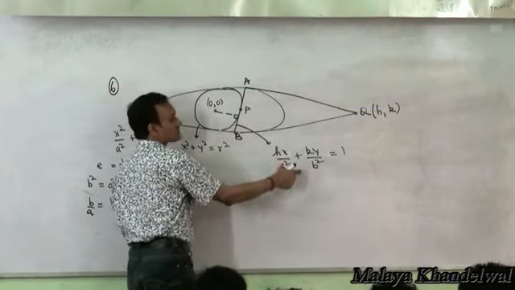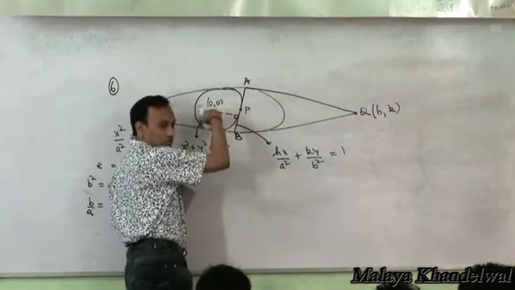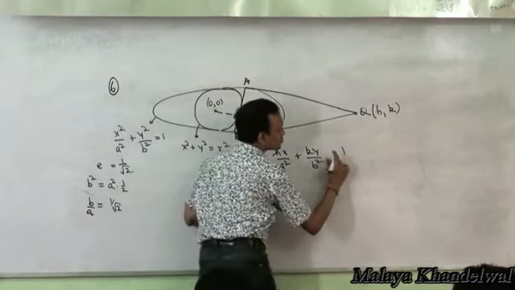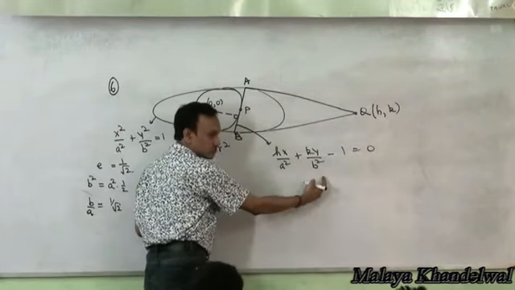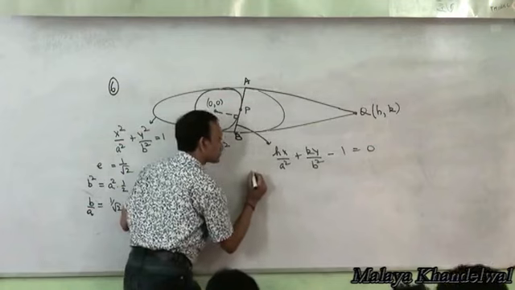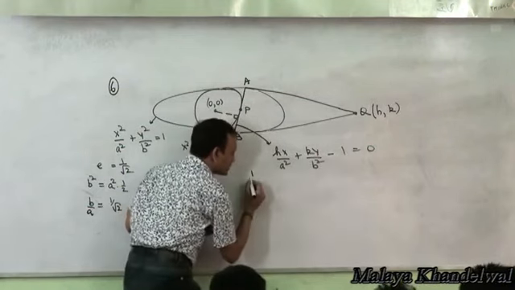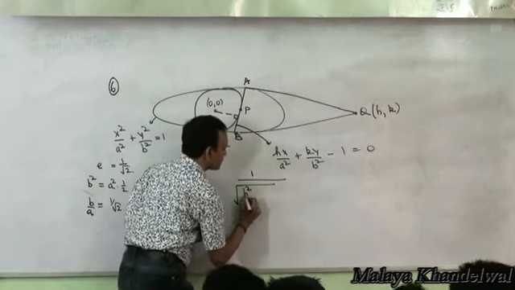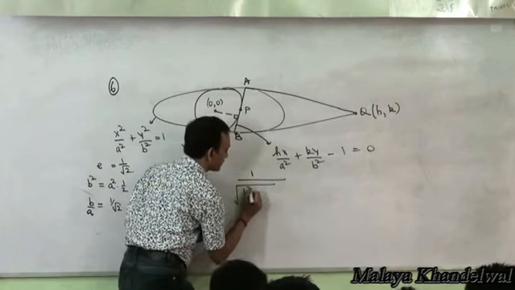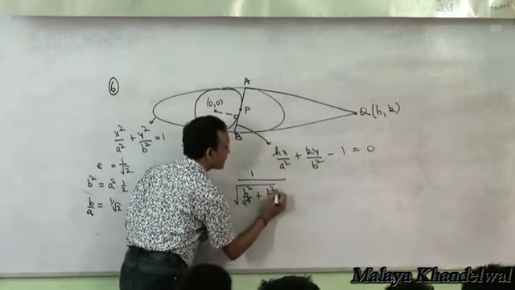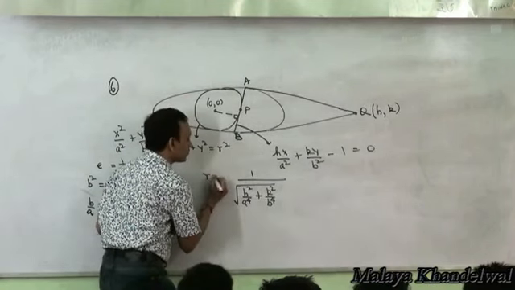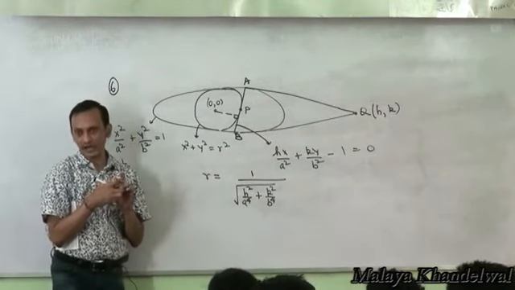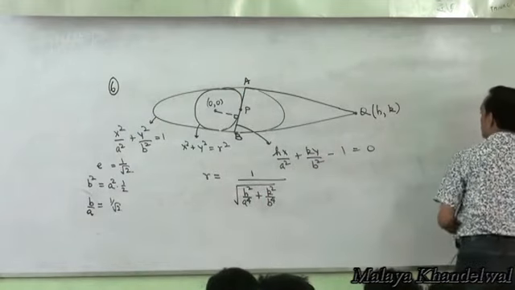The perpendicular distance of this line from the origin must be equal to the radius of the circle, right? The perpendicular distance from the origin to this tangent must be equal to the radius. This is the tangent. Its distance from 0, 0 is what? Put x equal to 0, y equal to 0. Take the modulus, 1 divided by root h squared by a to power 4 plus k squared by b to power 4. That must be equal to the radius owing to tangency, which should mean